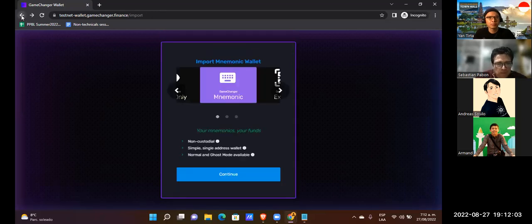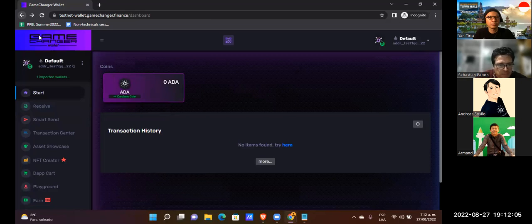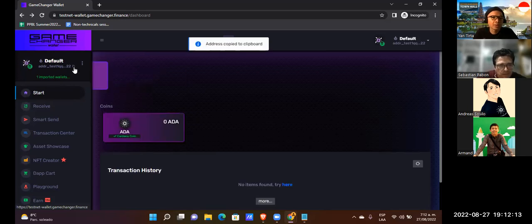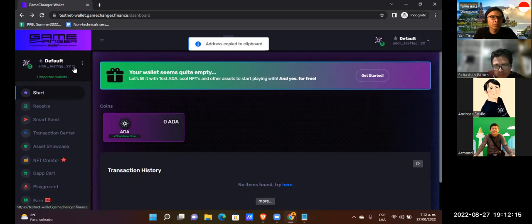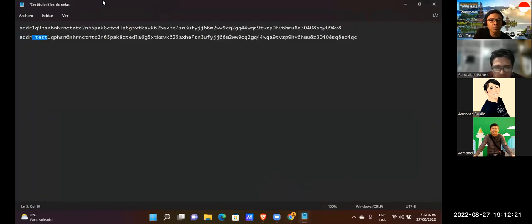You can see here, addr_test1 is the indication. The most important characteristic of an address in testnet is that it always has this denomination, this piece of string.